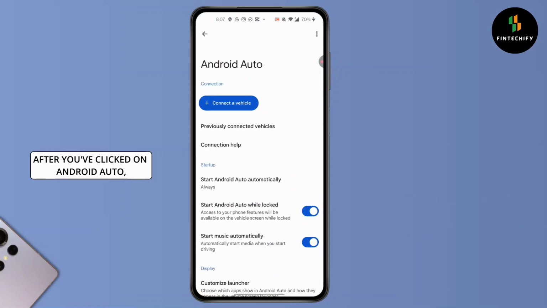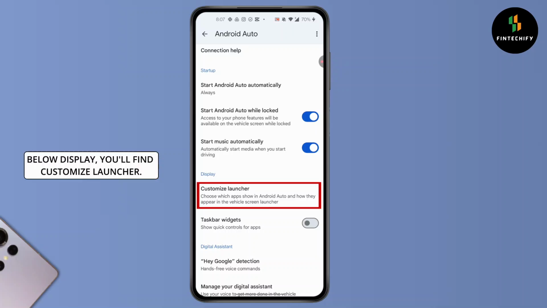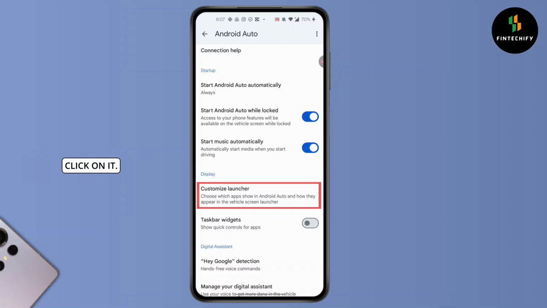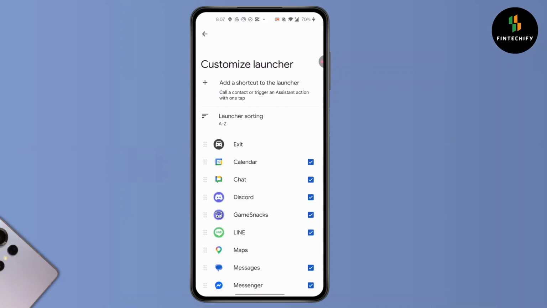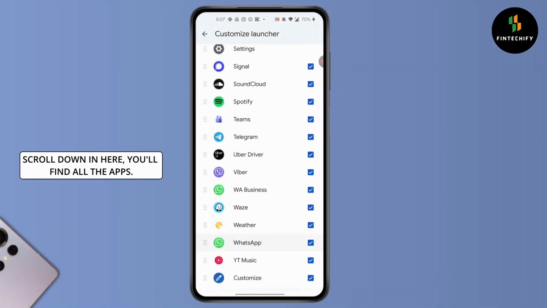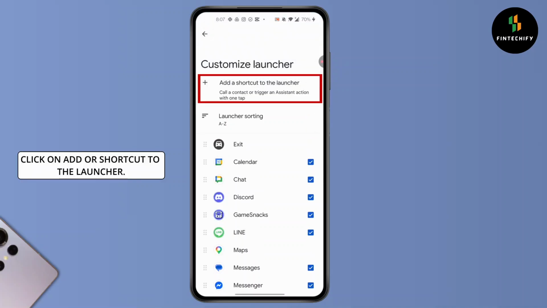After you've clicked on Android Auto, simply scroll down, you'll find Display. Below Display, you'll find Customize Launcher. Click on it. After you click on Customize Launcher, scroll down in here, you'll find all the apps. Click on Add a shortcut to the launcher,